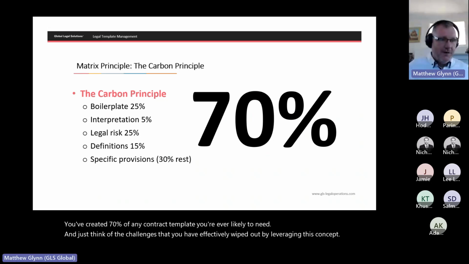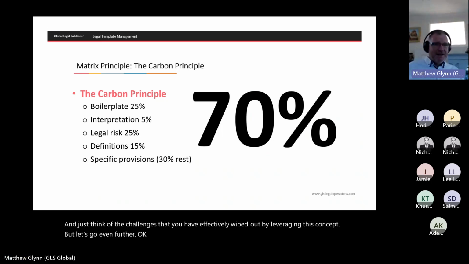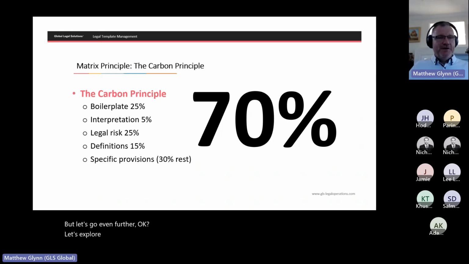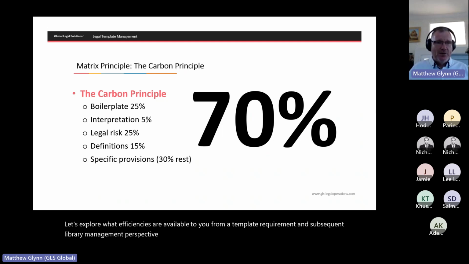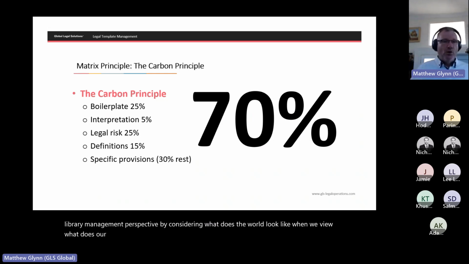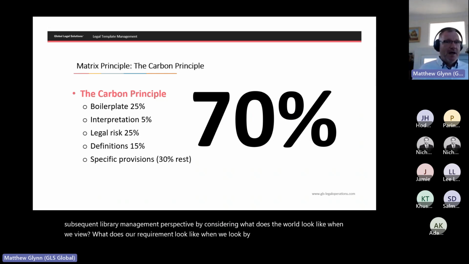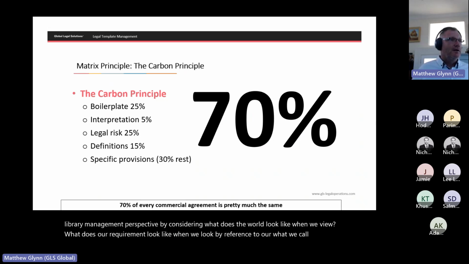But let's go even further, okay? Let's explore what efficiencies are available to you from a template requirement and subsequent library management perspective by considering what our requirement looks like when we look by reference to what we call our negotiation profile, okay?